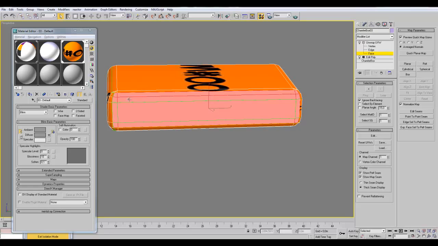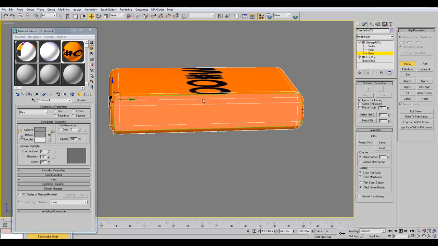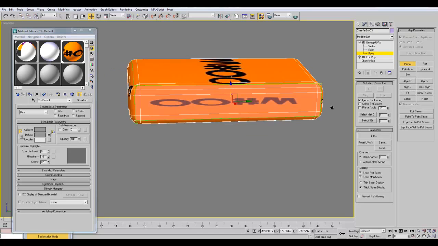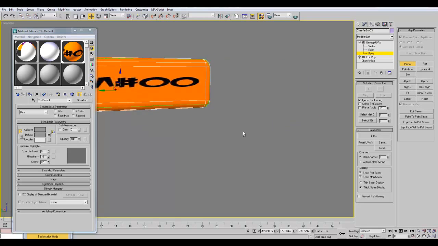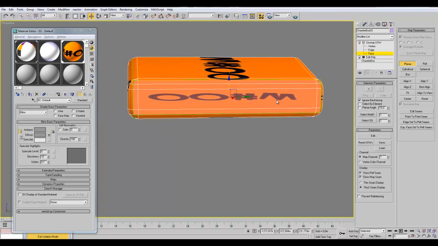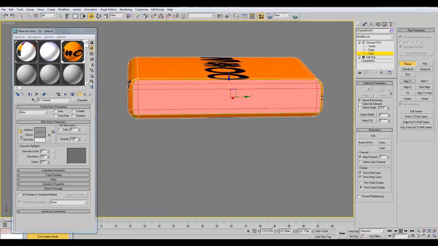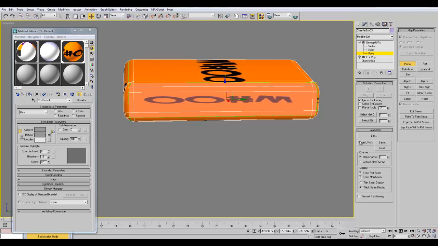Planar, and probably this is X again. Okay, now as you can see, it's not on the right side. Looks like a mirror from the other side. So what we do here is we come here in parameters and we press